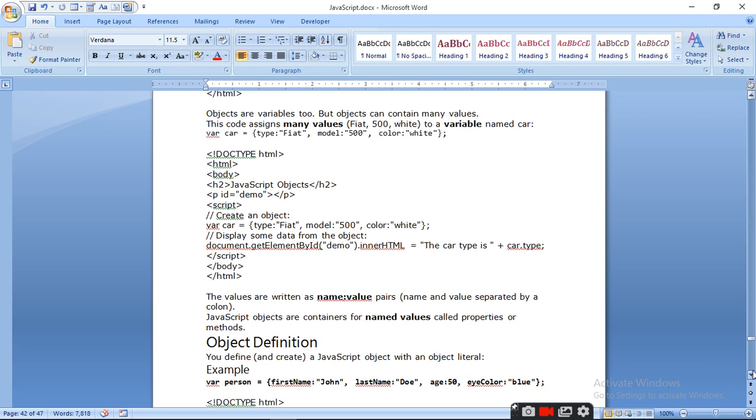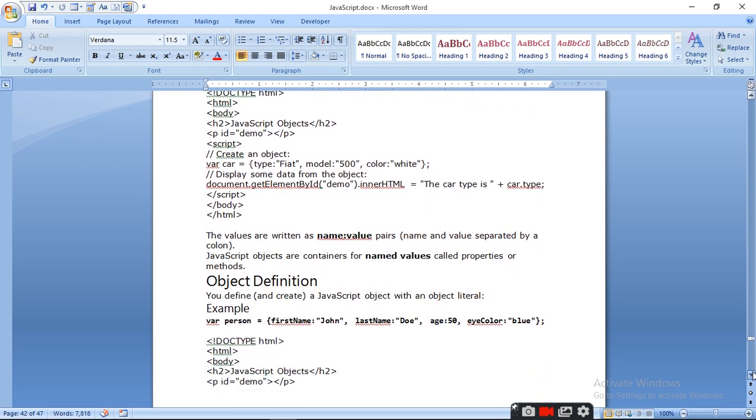For writing an object, you have to define it within curly brackets, as I told you earlier, separate each name and value by a colon, and write strings within quotes.